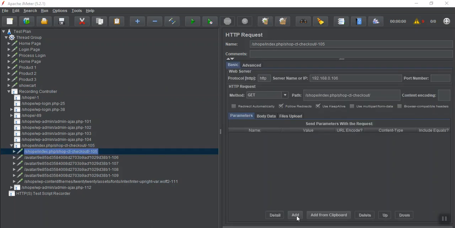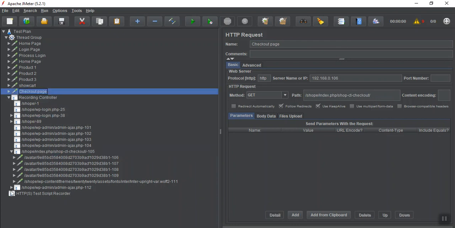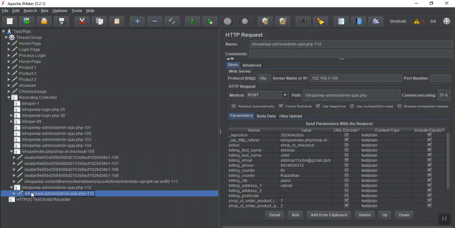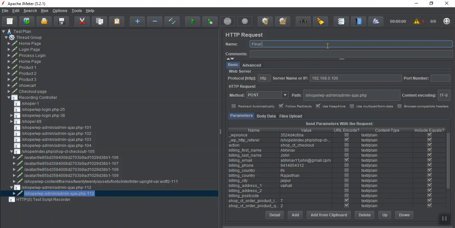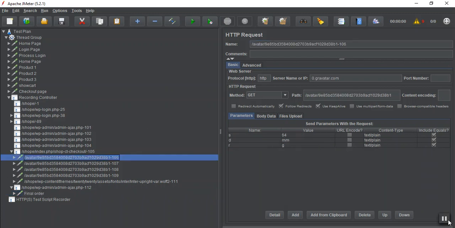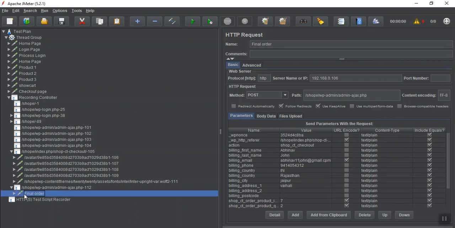See, we are performing the tasks in a sequence. This is our checkout, so we name it as checkout page. Okay, put it here. And this is our last page where I am providing all the information, so we can name it as final order. Copy it, and take it here.